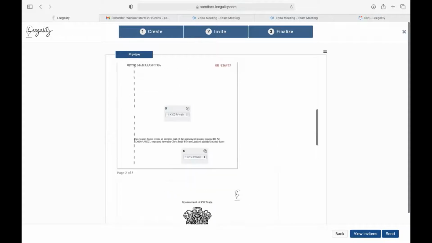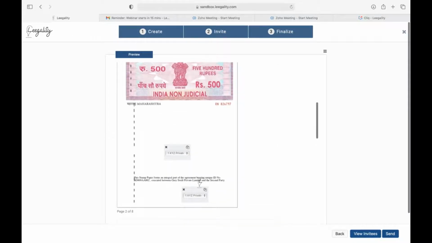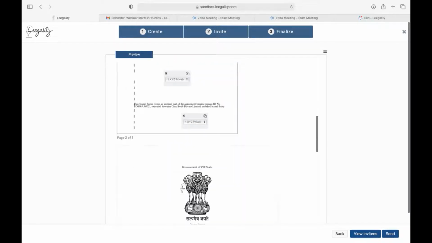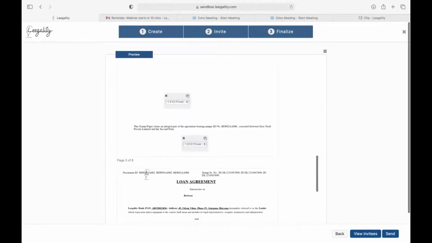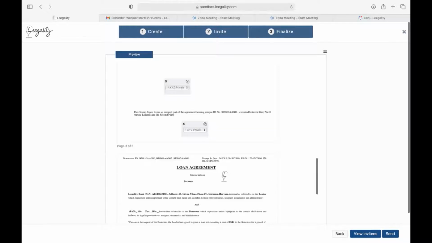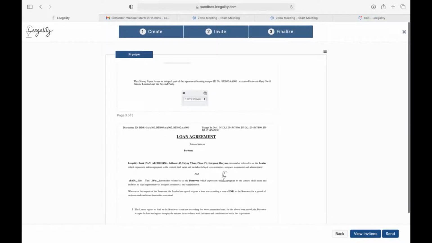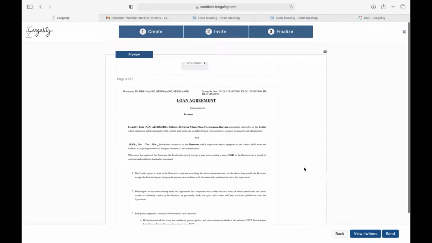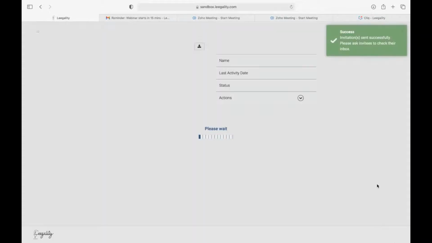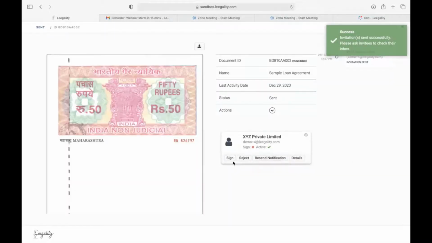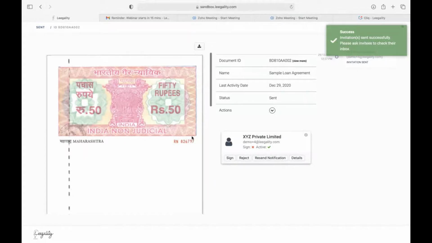And the third thing is that there is also a unique document ID, right? So all stamp papers have a unique document ID. This is different from the stamp serial number. So this document ID also appears on each page of the agreement, right? So there's a three-way tie-up between the stamp papers and the agreement to ensure that you're complying with the relevant stamp laws. Now you can press on send to complete this journey, right? So here we reach the details page.